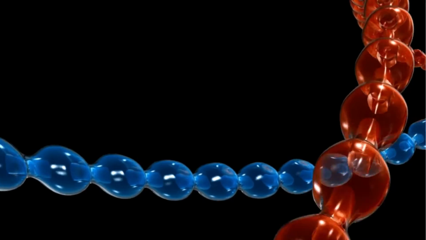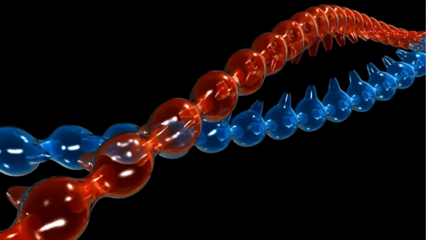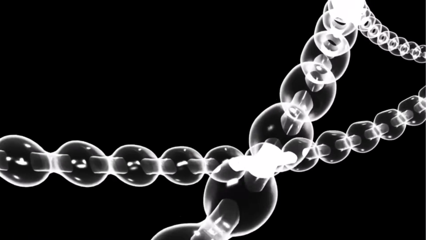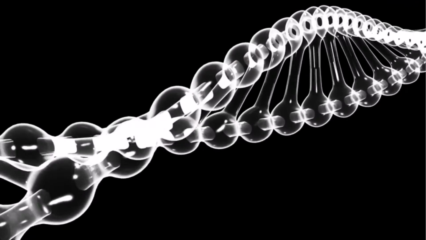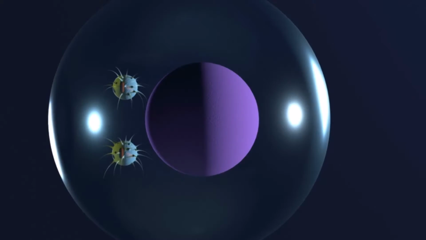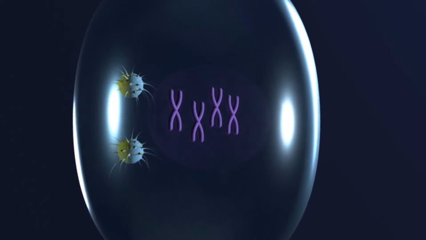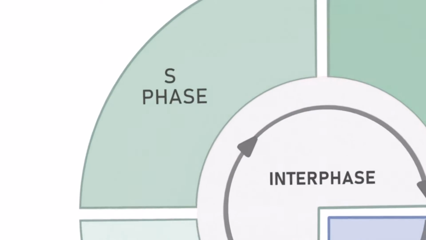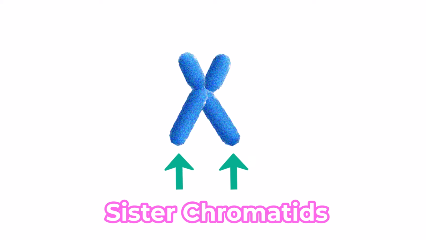The structure of chromosomes varies depending on the function the chromosomes are performing at the time. These are loose and unwound when the cell is undergoing its normal functioning, and they become compact and tightly wound when the cell is dividing. Before a cell begins the division process, it must duplicate all of its chromosomes. After DNA replication, each chromosome consists of two identical copies called sister chromatids, which contain the same genes.